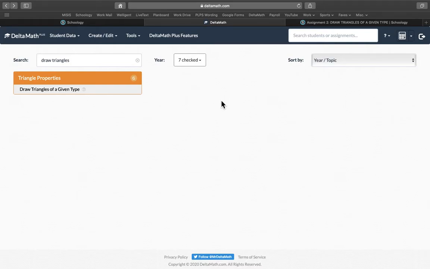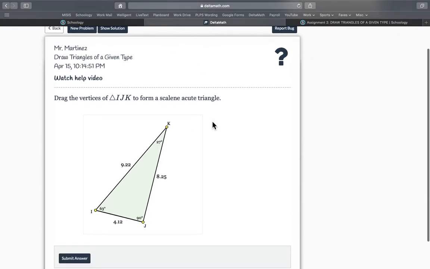So here we are on the next assignment. This assignment is called Draw Triangles of a Given Type. So we're going to see here on Delta Math, we're going to click on Draw Triangles of a Given Type. So the question says, drag the vertices. The vertices are the corners. So yellow dot, yellow dot, yellow dot of triangle